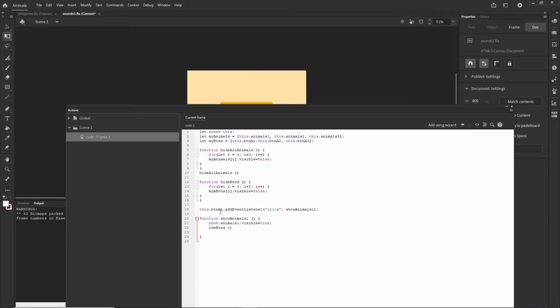So when I click on the button A1, I will call the show animals function, and the show animals function is going to make root animals visible to be true. So it will show the animals, and it will call the function hide buttons, which is here, and it doesn't matter that this function is on the top and this is on the bottom. JavaScript can work with this properly. So I will hit Control Enter,